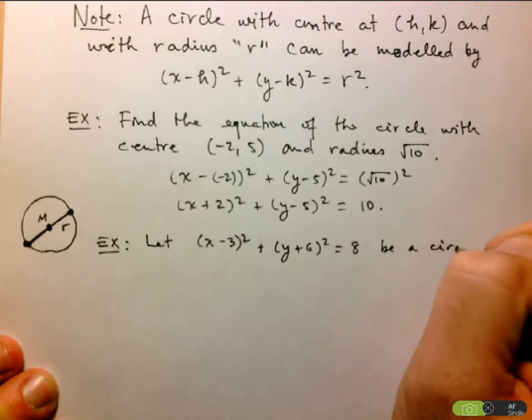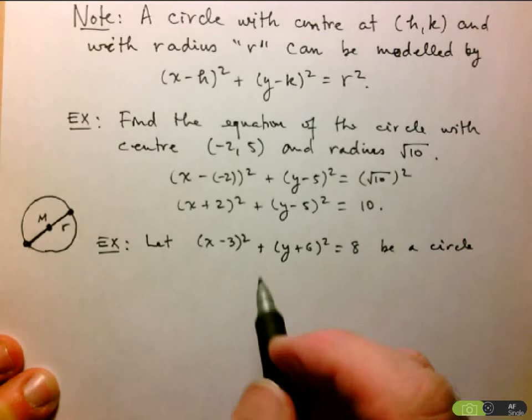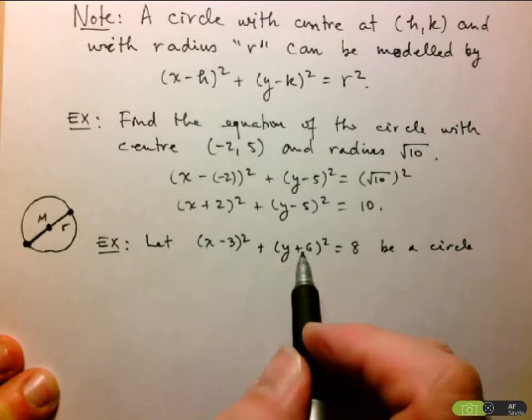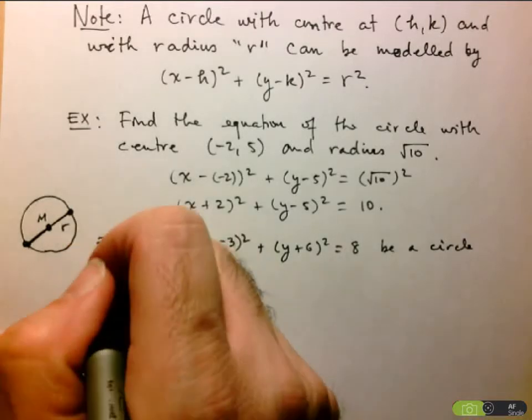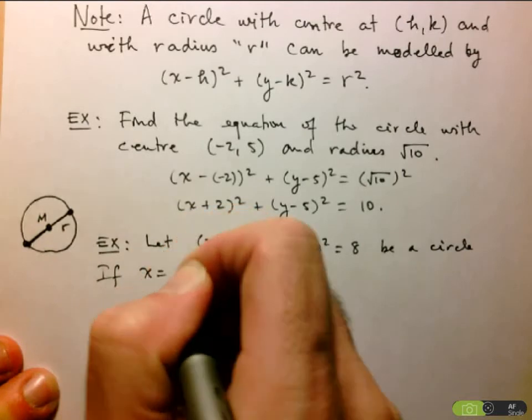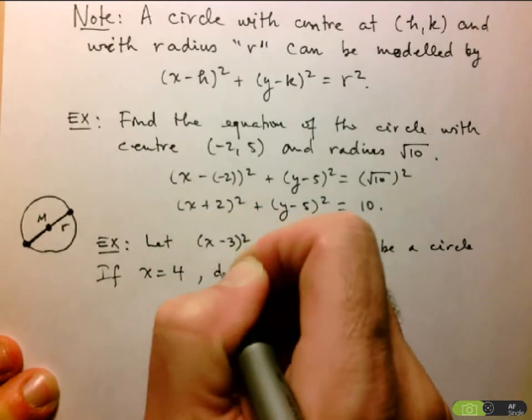Now, of course, if you take a look at this, you should be able to tell that the center of this circle would be (3, -6), in order to get that y plus 6, and the radius would be square root of 8. So just a little below 3. What we want though is, if x is equal to 4, determine